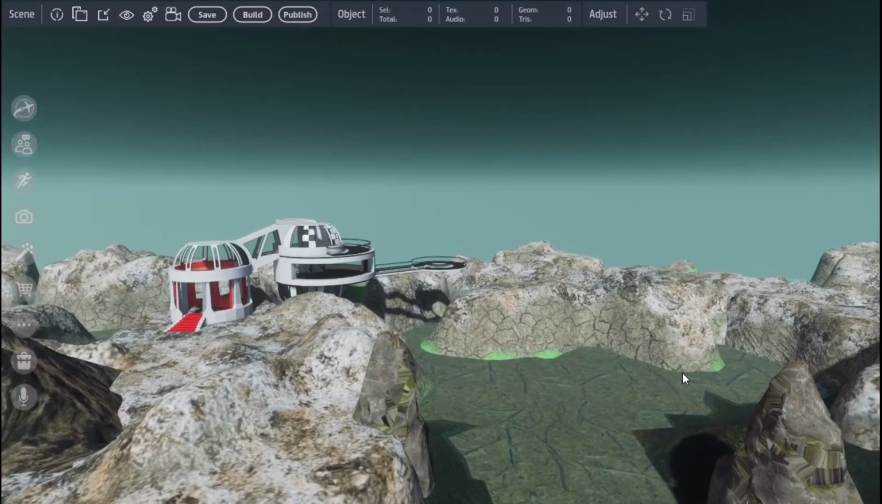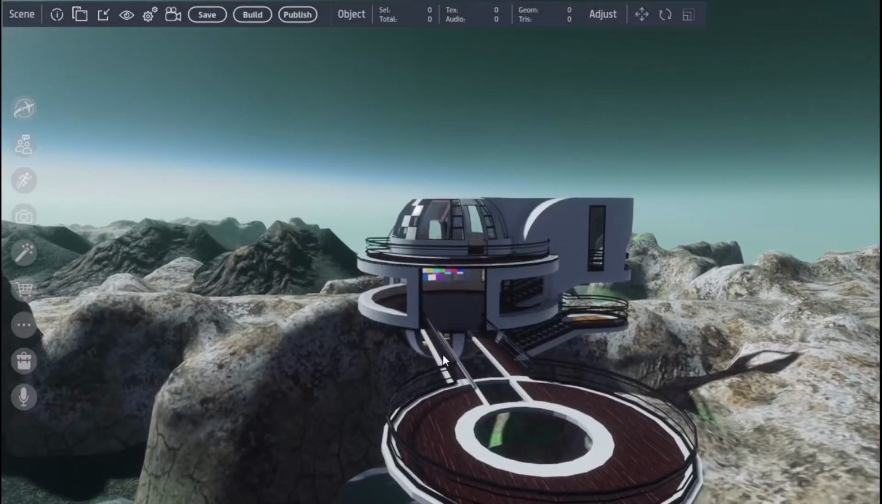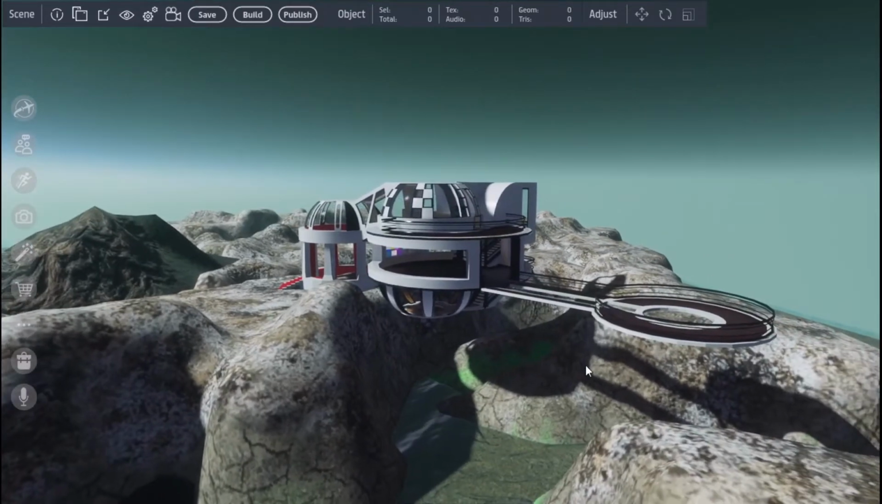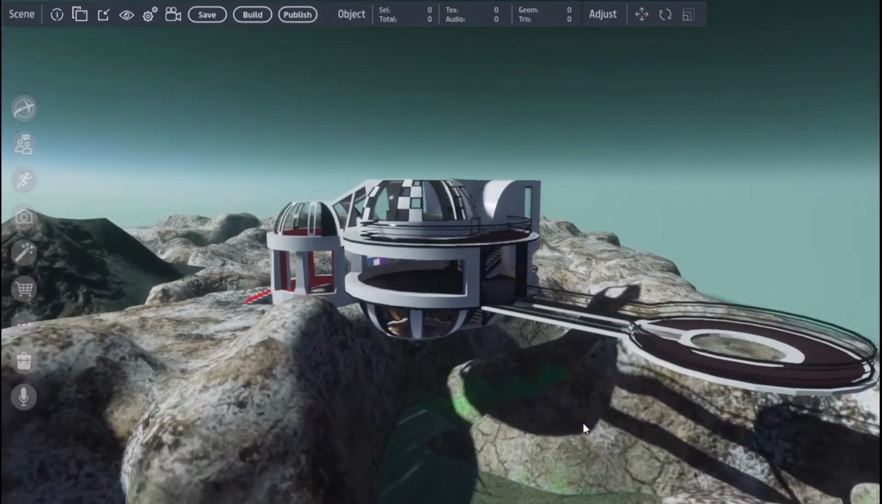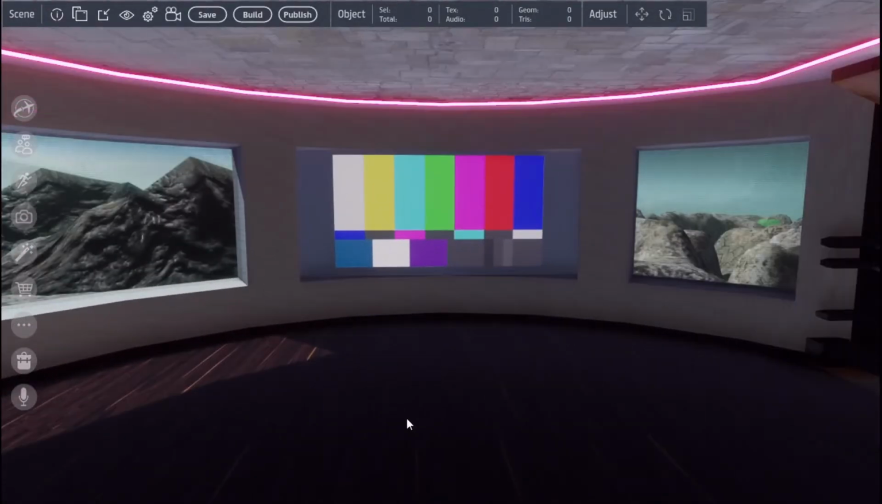Okay, so we are in edit mode, and let's go ahead and get closer to the house. So here we have a space house. I call it my space house. It's kind of empty. I don't have any furniture or anything, and I don't have lighting or any sound inside. So let's go into the living room or the main room, and let's add